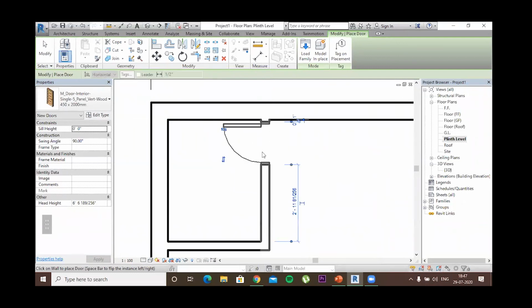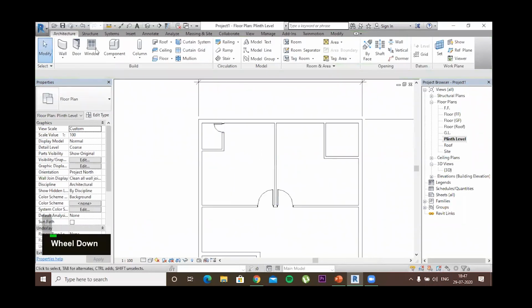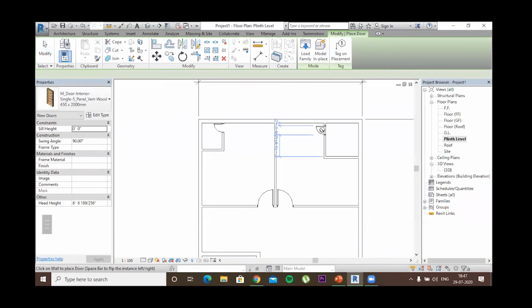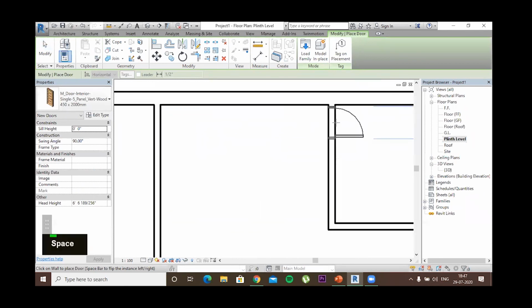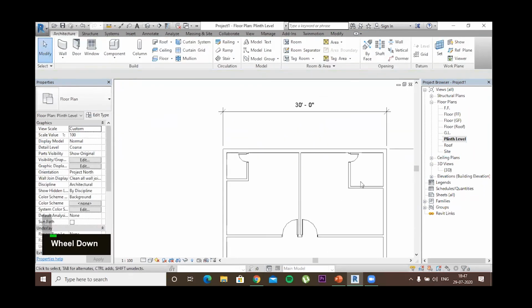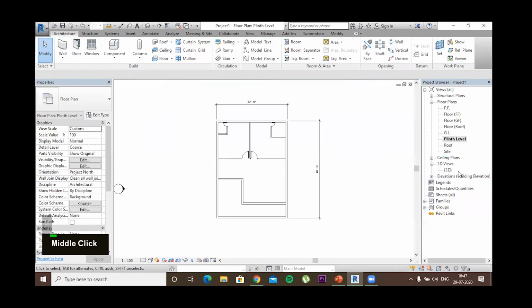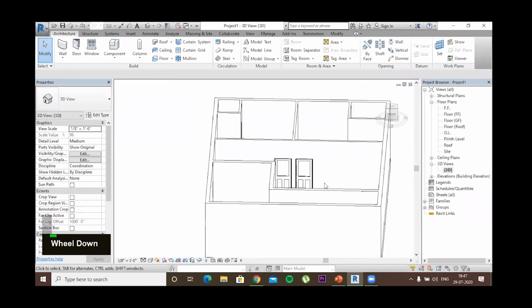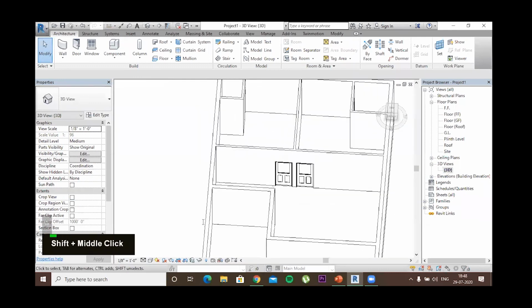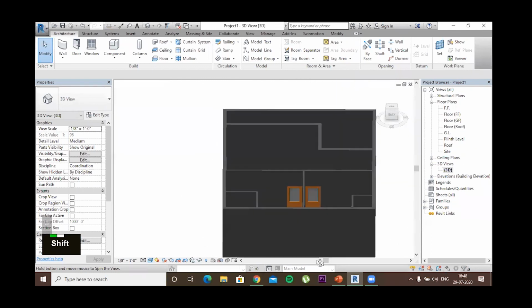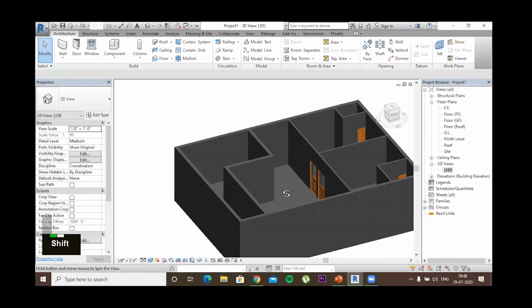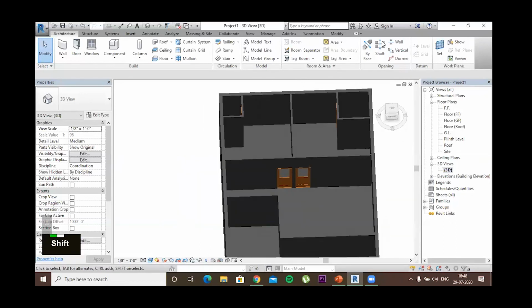Okay, and same for the wash area. Okay, so if we go to the 3D view, our doors will look like this. Nice. Perfectly aligned.